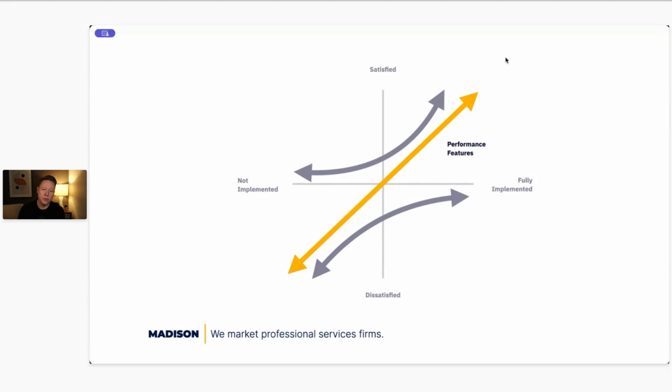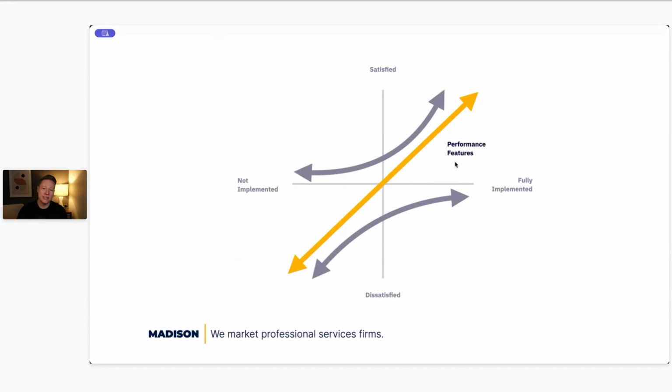These are your performance features. These are the ones where your differentiation lies. So if we do this better than everybody else, people are going to be really, really happy. And they're unhappy. Like, we identified that this is the opportunity that's missing that our product can solve for. And so we're going to go all in on that, right? And then there are delighter features, which are things that the client or the customer isn't even expecting. But if you can do it, they are delighted. And that can generate word of mouth and create greater retention, that kind of thing.